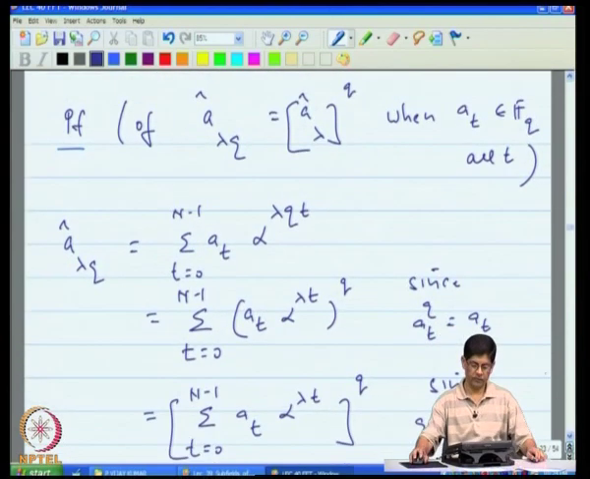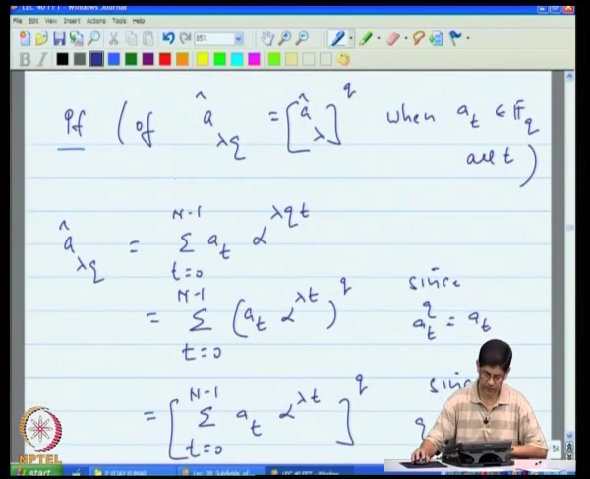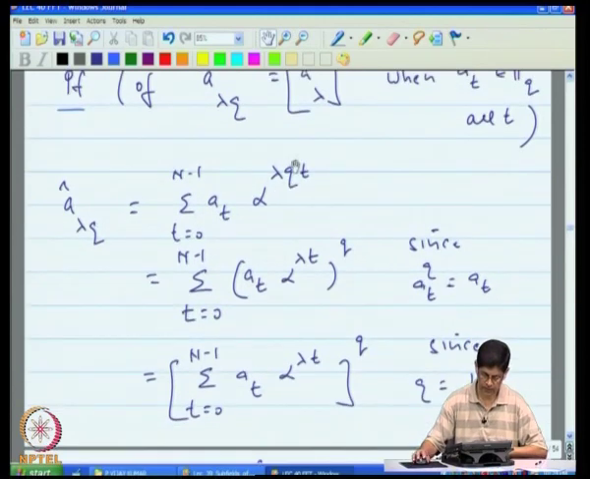So, we want to prove this, and this is quite straightforward. Let us start with this expression and we will reduce it to this form. So, A hat of lambda q, you just follow along with the definition. In place of lambda we have lambda q, but then